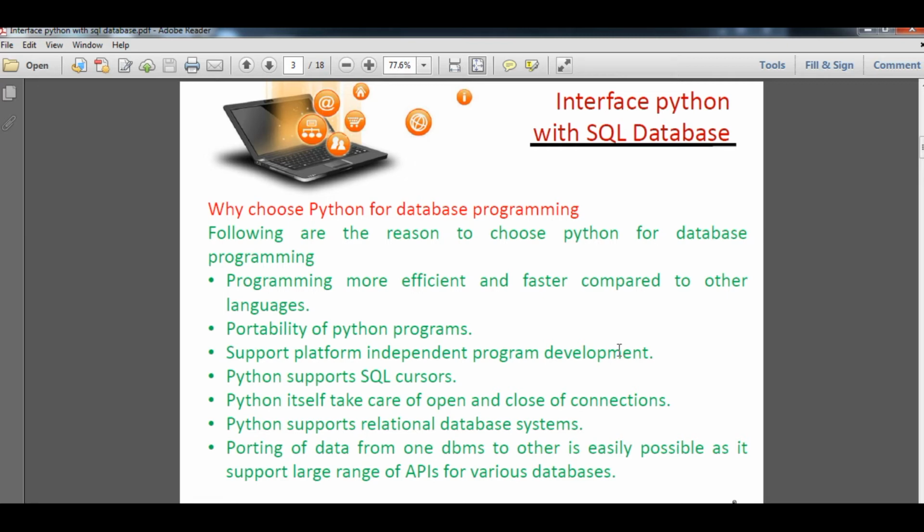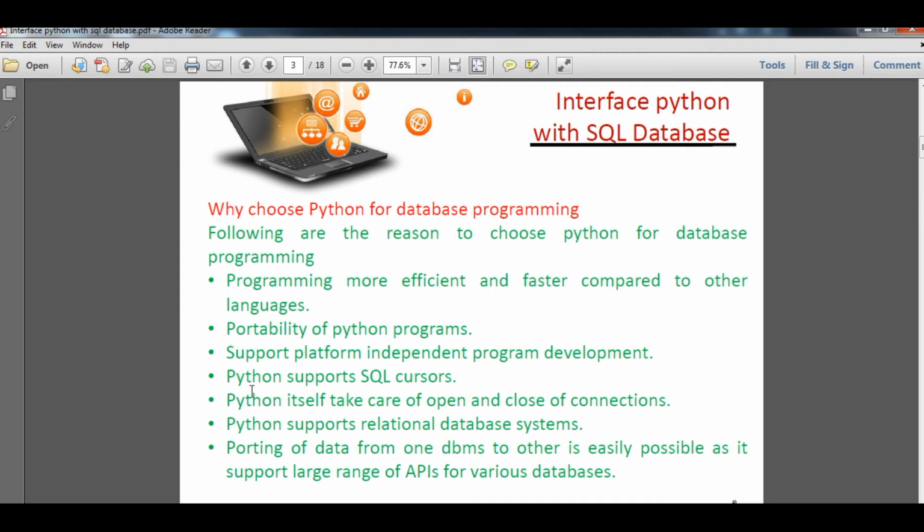As we know, a program developed in Python can be run anywhere. Next, Python supports the SQL cursor. As you know, we have learned in SQL how to access data by using a where condition or a having clause. The cursor will check every record, I mean tuple, of the table, that is, the relation.